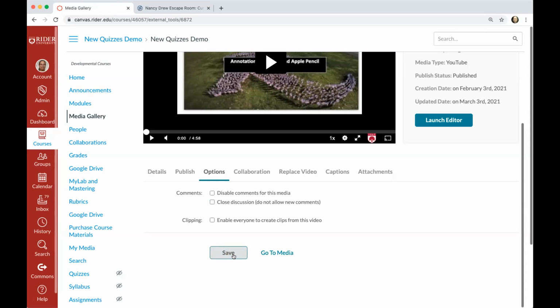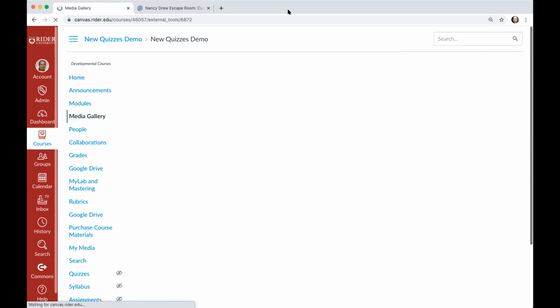But again, the default is that the media comments are on for any media that gets added to the media gallery. So you only want to head into your options if you want to disable those comments for a particular video. Now, I did mention that students can add content to a media gallery, and I'm going to share from